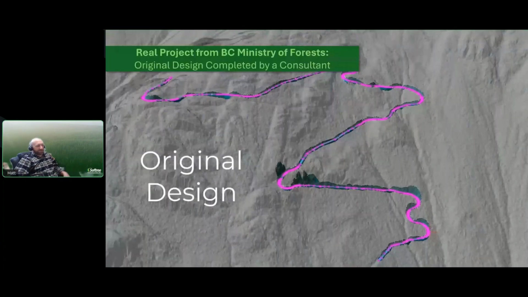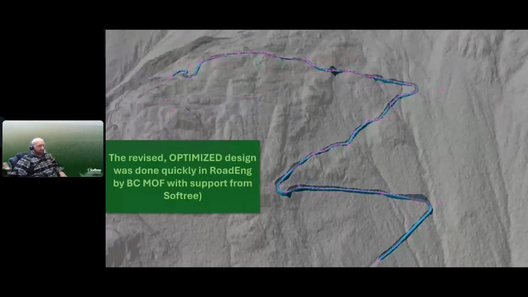And there we are. This is an example we do like showing. A lot of the time these tools get used on new projects, but this one was actually designed before the Path Explorer and vertical optimization were used on it. So the original design looked like this. Post optimization, running Path Explorer, we had a solution that looked like this.